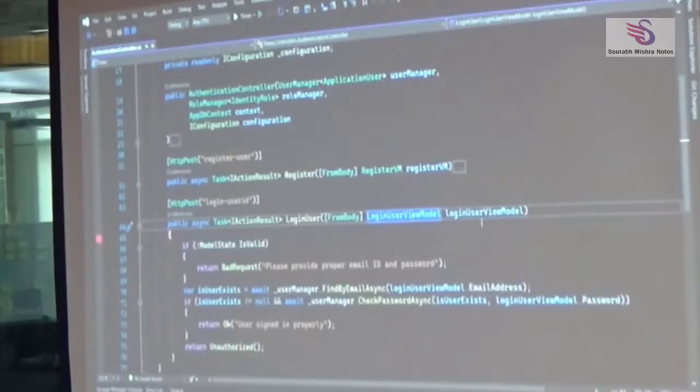Now once your things are coming here, we will check whether this particular user's password is correct or not. If it is correct, then we will give them permission. Okay boss, you can enter into the system. So here what I have done, first we will check the model state, whether email and password are correct or